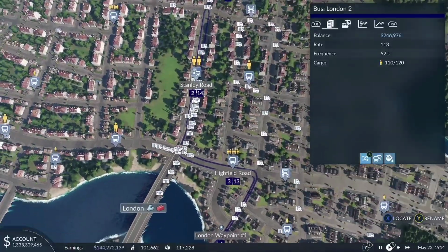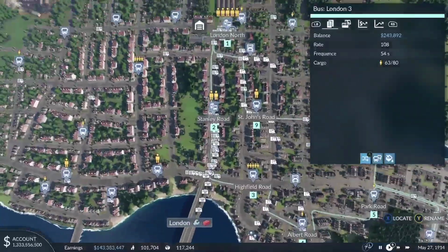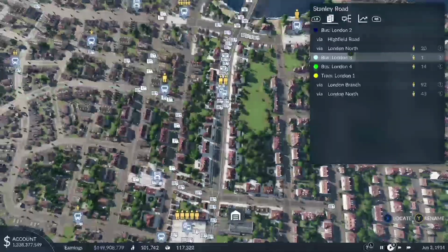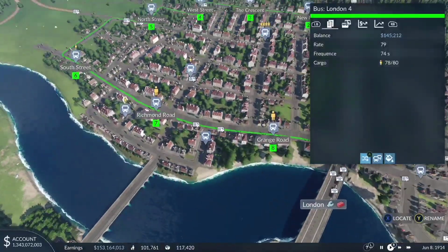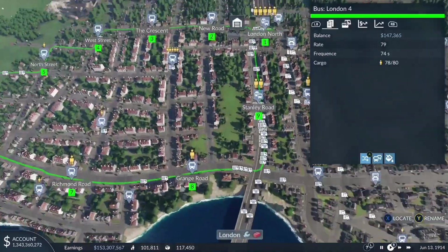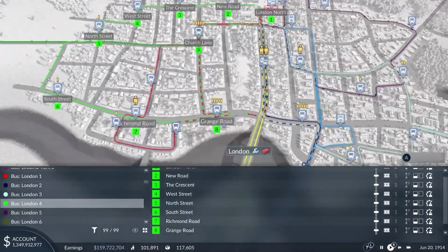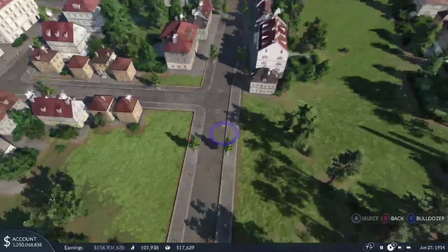Bus London 2 is completely fine. Bus London 3. You could sort of... You're only going there that way, so you don't actually matter. Bus London 4. I'll leave you... Oh no, because the tram. Do you know what? 9. So after 8. After 8, like the mints. Grange Road. But, after Grange Road...